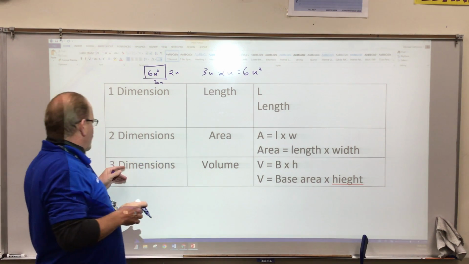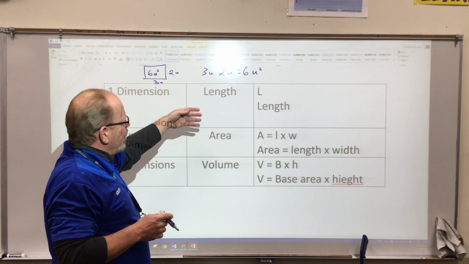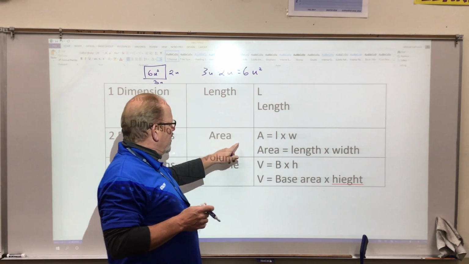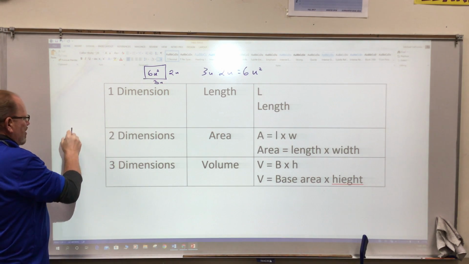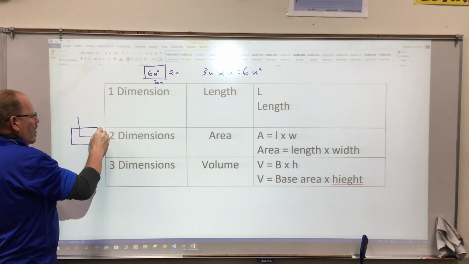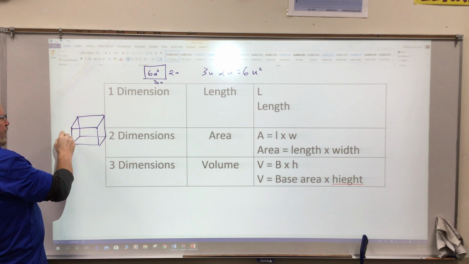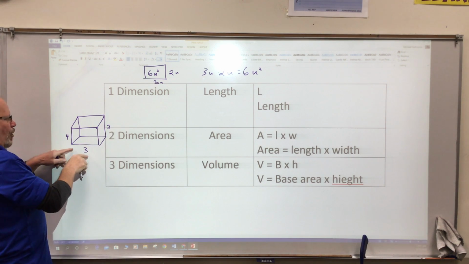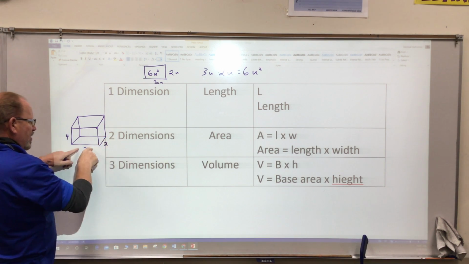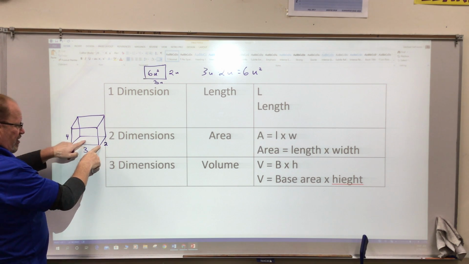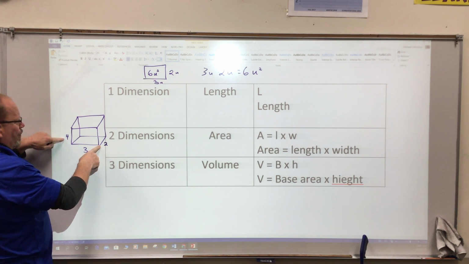Now you get to three-dimensional measurements, and you're talking about volume. And usually all we have to do to find the volume is take the area of the base and times it by the height. For instance, if we had this 3 by 2, and it was now, let's say, 4 feet tall, we would multiply 3 times 2 to get the base measurement. It would be 6 square feet, and then we times that by 4, and we get 24 cubic units